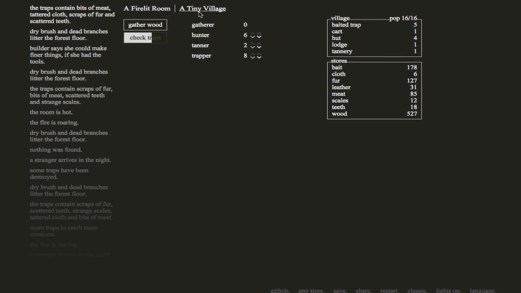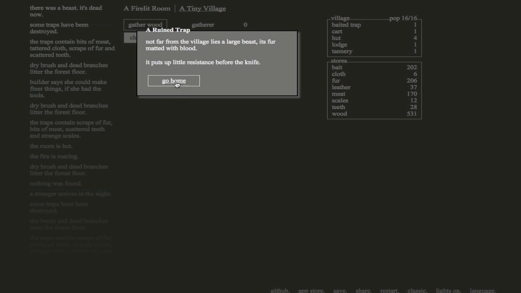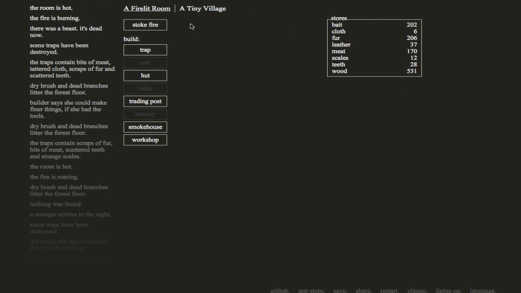2013 is when things get really interesting for idle games. Doublespeak Games releases A Dark Room. It's kind of like a city builder meets an idle game. You start out with just a little tiny fire, you stoke the fire, and then eventually a stranger will arrive